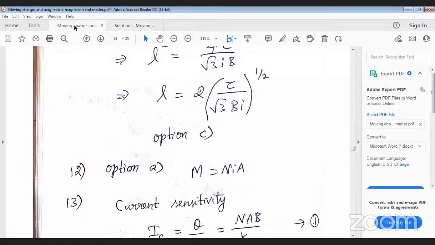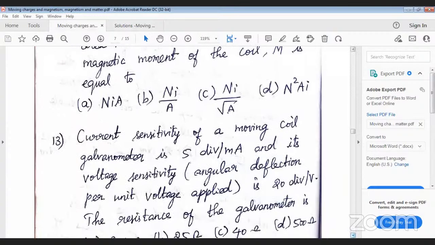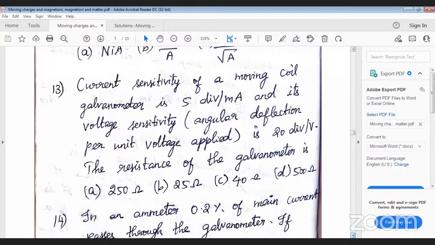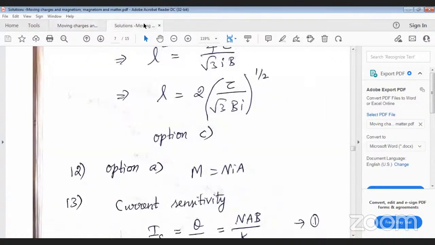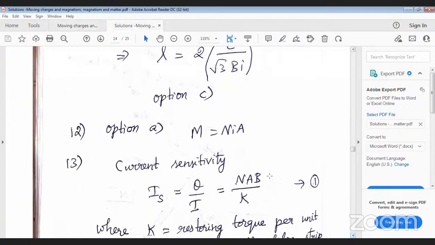Then question number 13 is related to the moving coil galvanometer. They have mentioned that the current sensitivity of a moving coil galvanometer is 5 divisions per milliampere, and its voltage sensitivity, that is angular deflection per unit voltage, is 20 divisions per volt. They are asking for the resistance of the galvanometer. First of all, the current sensitivity equation is Is equal to theta by I, that is